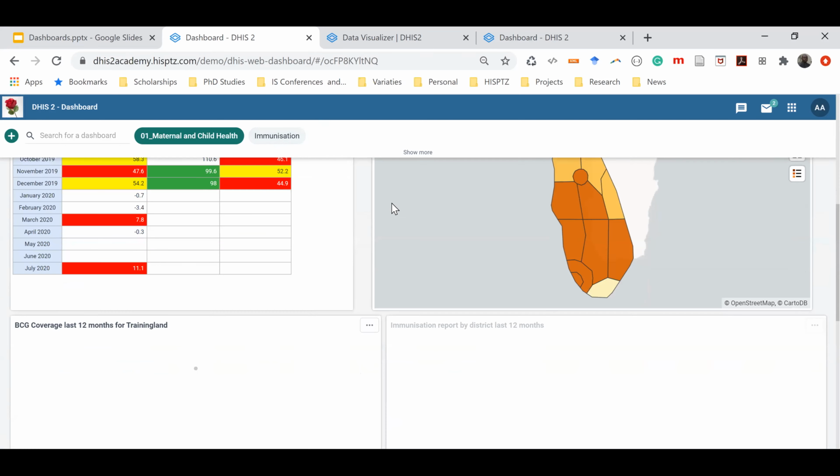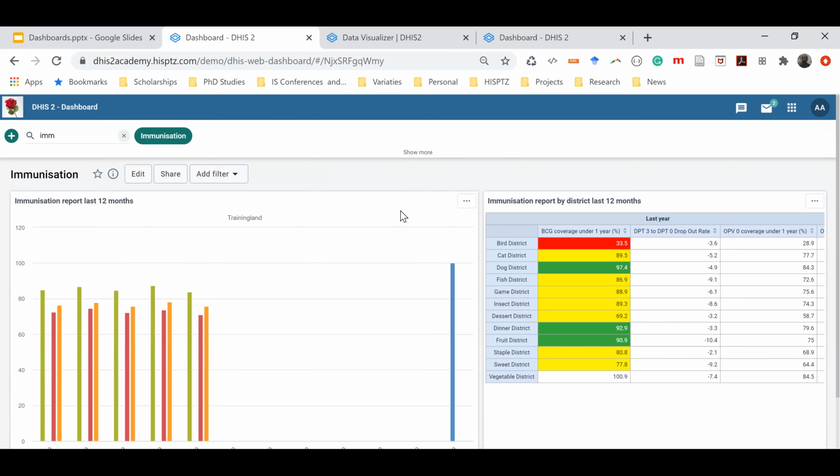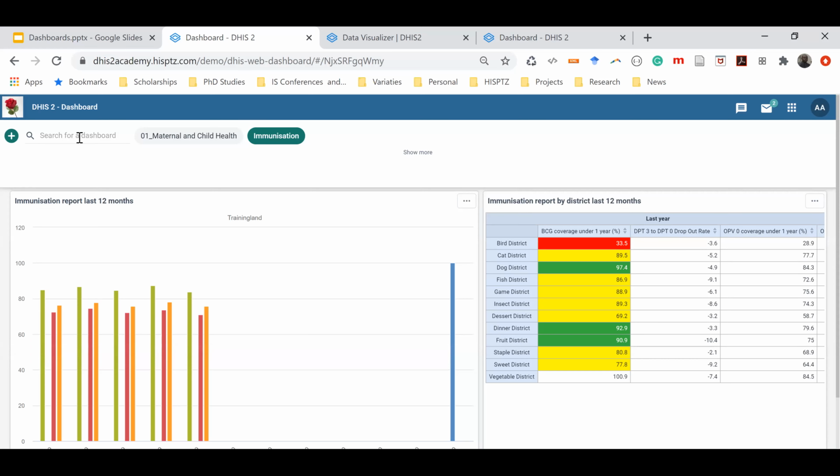So that is first thing. Now you have your dashboard here, and I'm hoping that if you're having too many dashboards, you could actually search here for a dashboard. For example, if I just search immunization, you'll see now the immunization dashboard is here. You can click it, and then it comes there as it is. So that is more or less one way of accessing your dashboard. Either you can say show more, view all the dashboard, click it, or you can search it here, as you